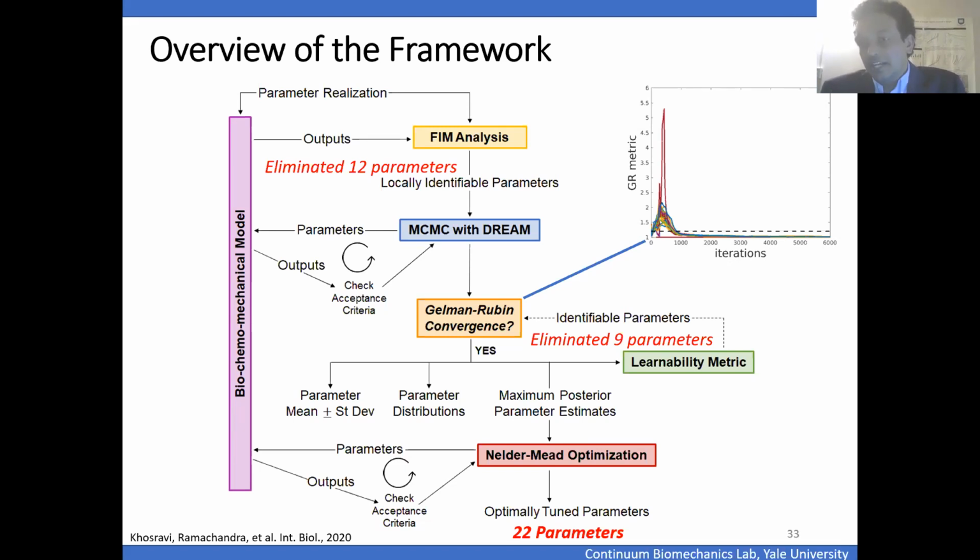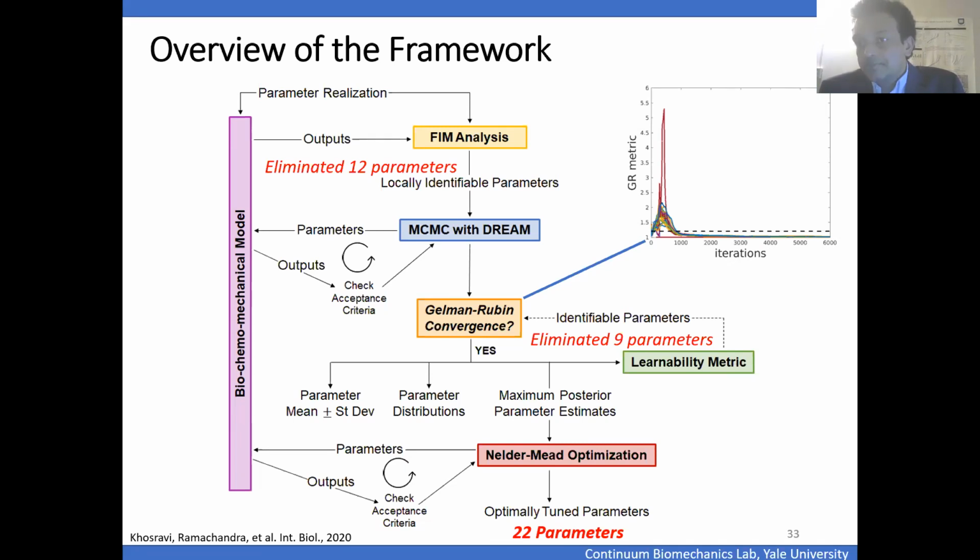Those 21 parameters were not sensitive to the measurements against which we were trying to tune the model. So in other words, the measurements were not good enough to tell us what these 21 parameters should be or could be. There's nothing you can do in a scenario like that. So we had to just set it aside and fix it to